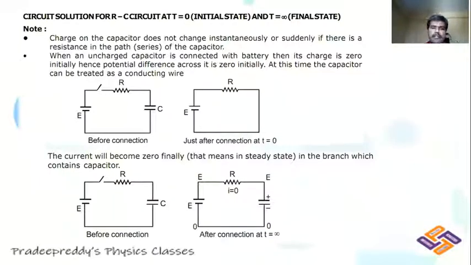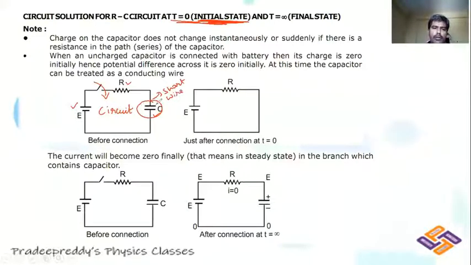Students, in this particular slide, we will be learning how to handle problems based on charging and discharging of the capacitors. So for example, you may be given a circuit like this. In this you have a battery connected, a capacitor, as well as a resistor. When you switch on the tap key, what would happen? At time t equal to 0, that is the initial state, what happens to this capacitor? Capacitor acts as short circuited, or it can act as a wire.